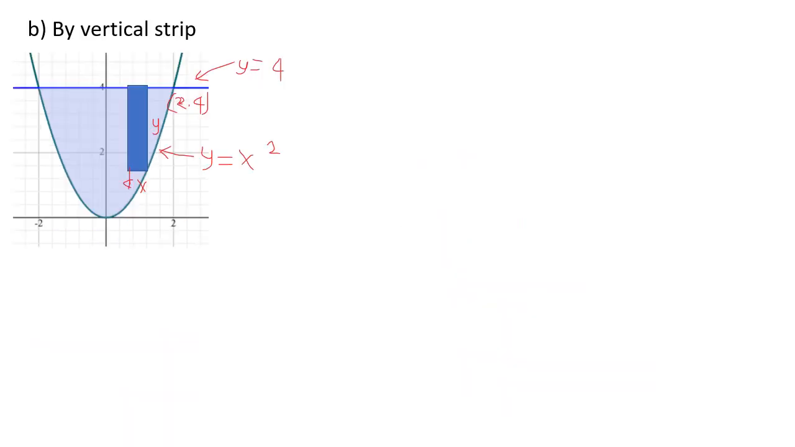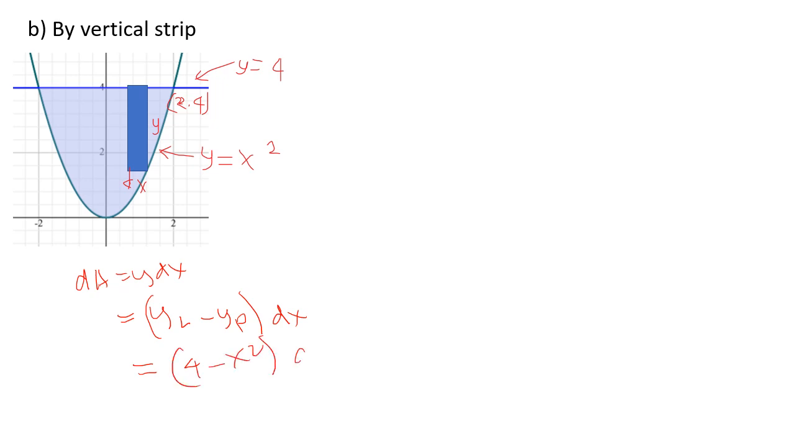So this one is by vertical. So dE equals y dx, equivalent to y of the line minus y of the parabola. So that one is dx. So equivalent to 4 minus x squared times dx. So area